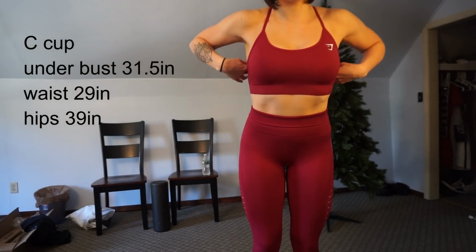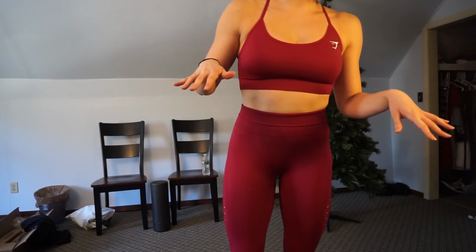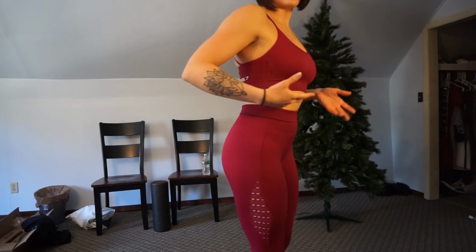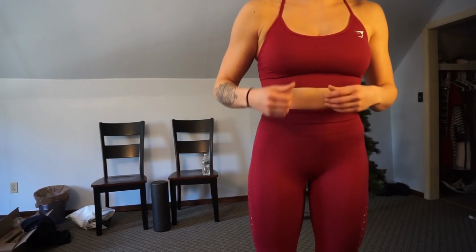And I did wear these all week. I tried all of them out, so I have washed them. This bra I think fits a little bit more snug now that I've washed it, but it's not like it shrunk tremendously, and I think it might have actually been a good thing because it felt just a little bit loose when I was at the gym, and I don't like to feel like I have to keep my boobs in. I don't want them falling out, but it wasn't quite to that level,